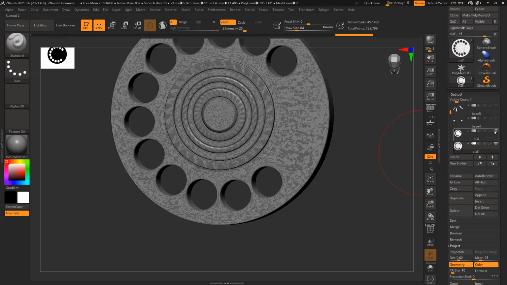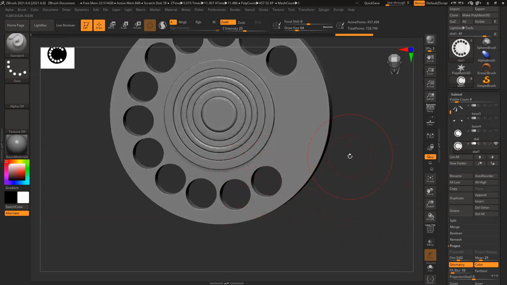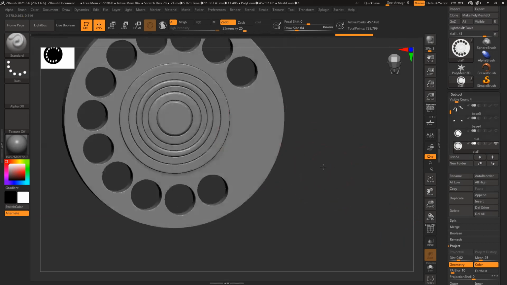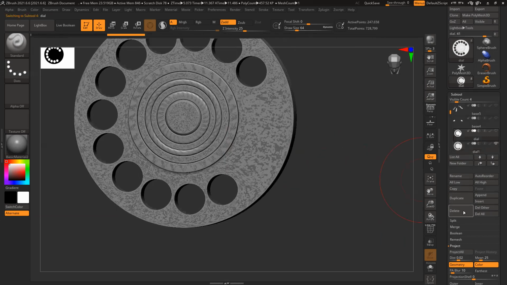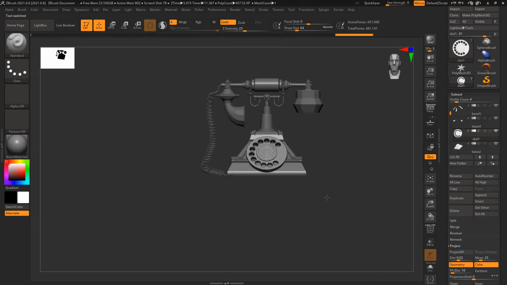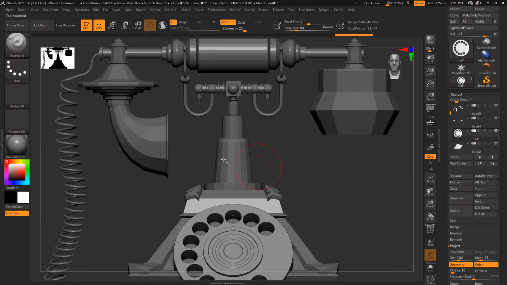So now if I switch off this one, you can see it's pretty clean, neat. All the shapes, everything is there. So this one I can delete now. Shift click and open everything. So now the basic structure is almost ready.